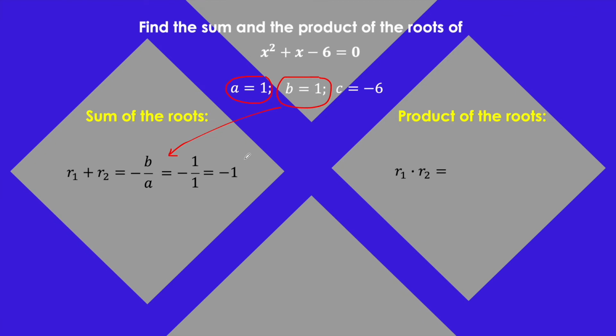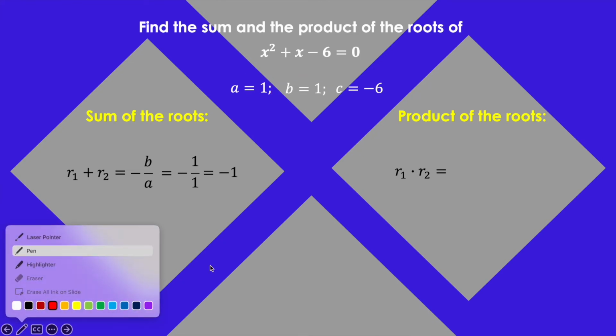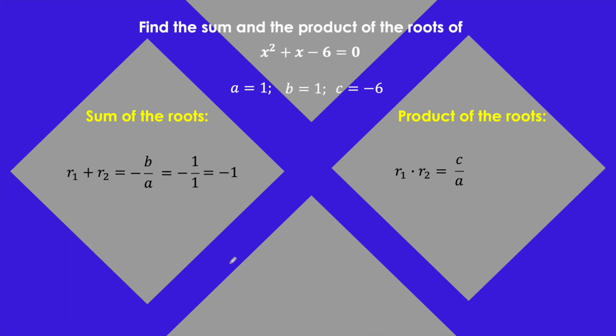For the product of the roots, we have r sub 1 times r sub 2. This is equal to c over a. Our c is negative 6 and a is positive 1. C over a is equal to negative 6 over 1, or simply negative 6. Observe that the results of these methods are identical to the result of the traditional method, which was the quadratic